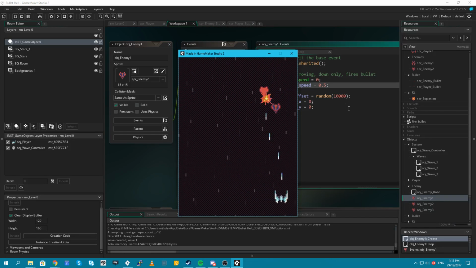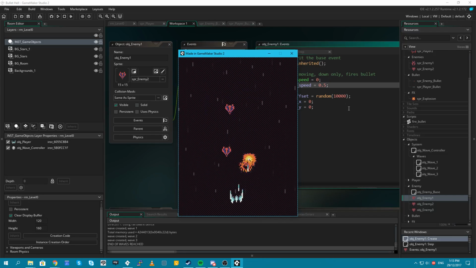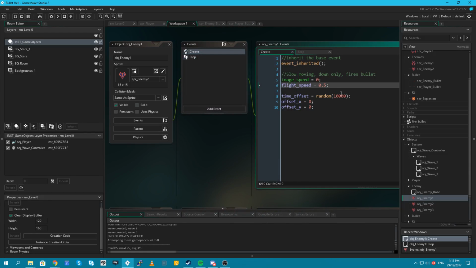Alright. We'll also see when Wave 2 starts as well. Alright, so that was the end of Wave 1. Now Wave 2 has started. And then 3 and 4 have started. So that's good. I think that was a good time for Wave 1.